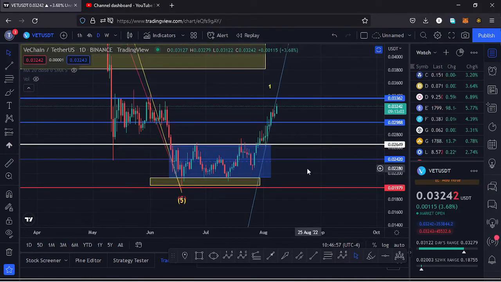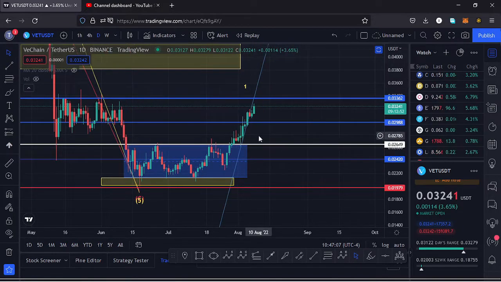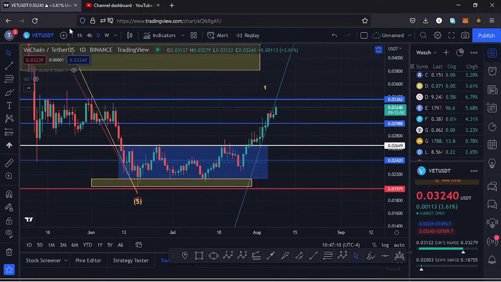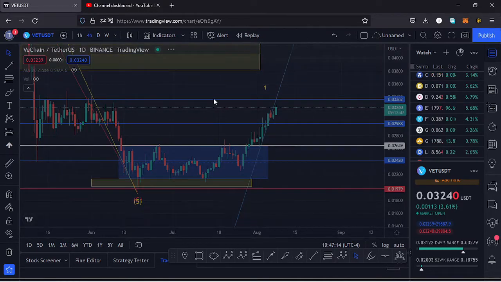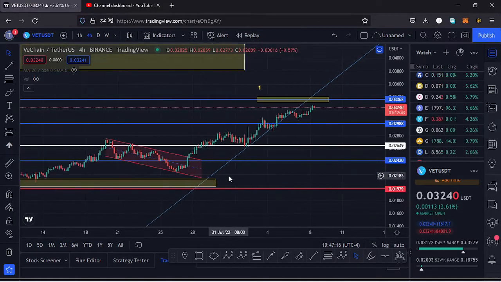on the charts. Starting here from the daily chart, you can see we had been trading within this channel right here in blue, and we managed to break out of this channel to the upper side. We have also managed to break above key areas of resistance. If I jump to the 4-hour chart for further analysis, here